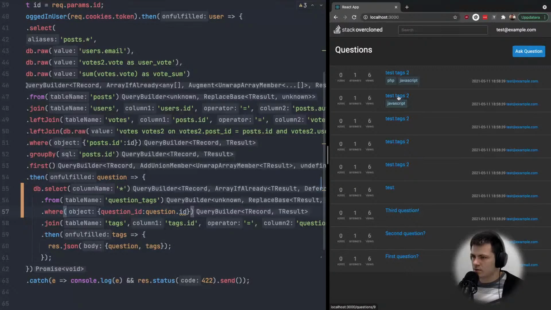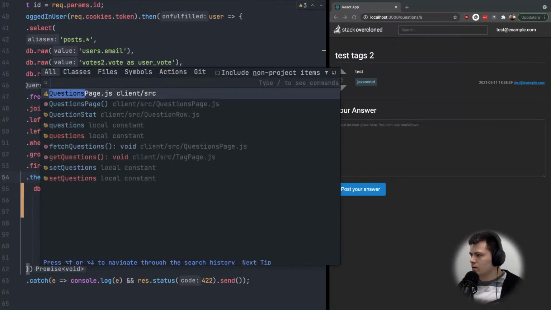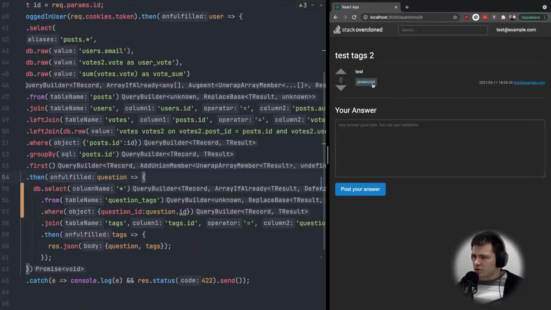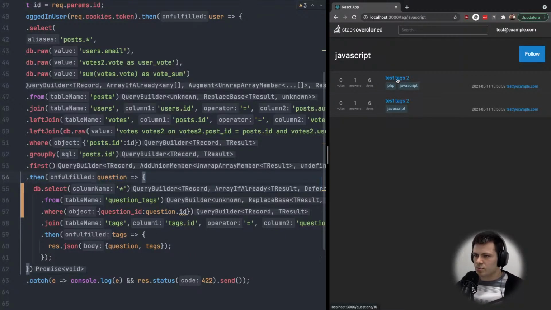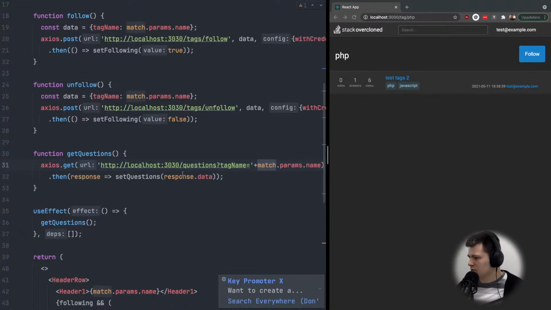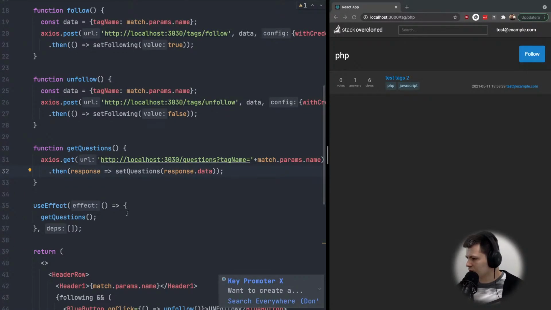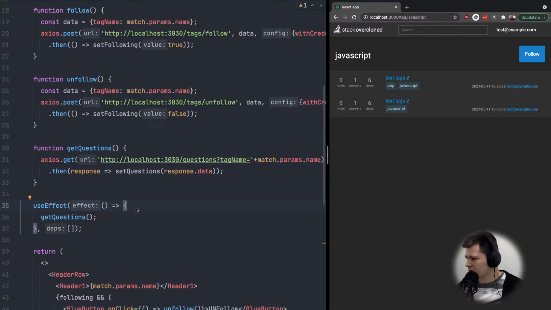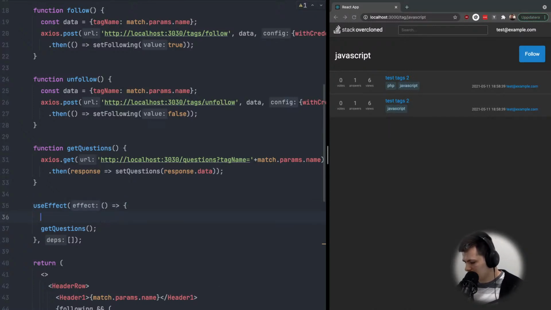So this one will have JavaScript. Yeah. All right, let's go to JavaScript. Okay, so we have those two. If I go to PHP, we have also two. Okay, because let's see here. If I go to JavaScript and I need to refresh. All right. Here I will do set